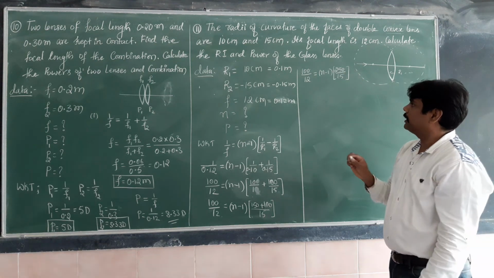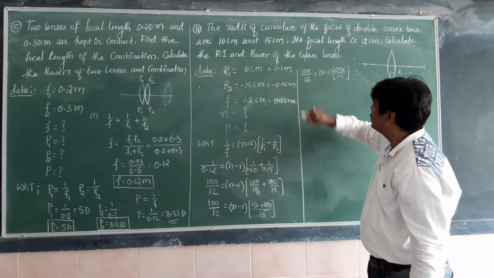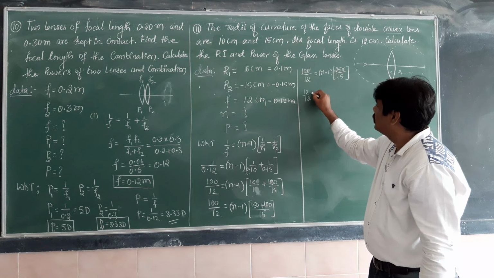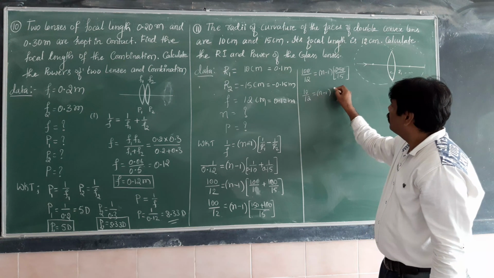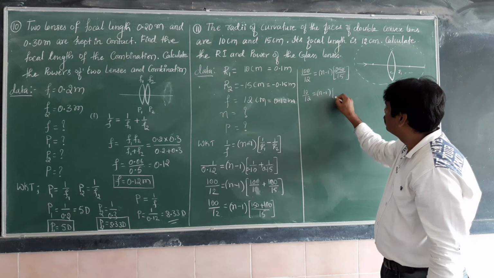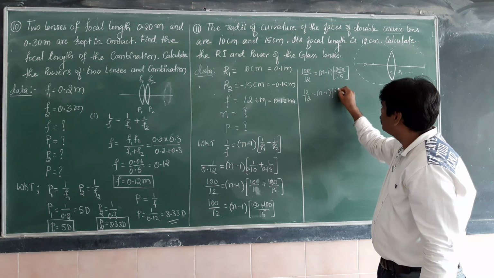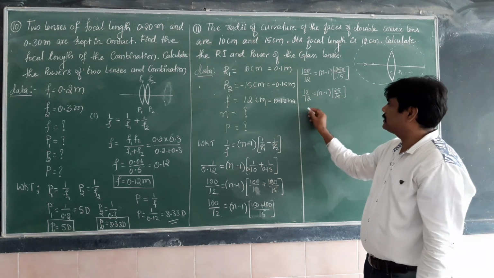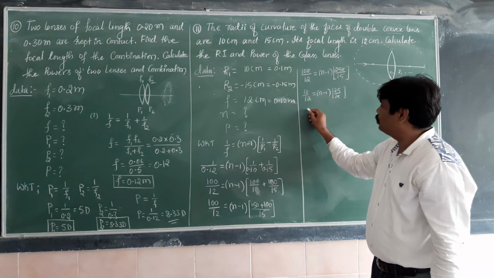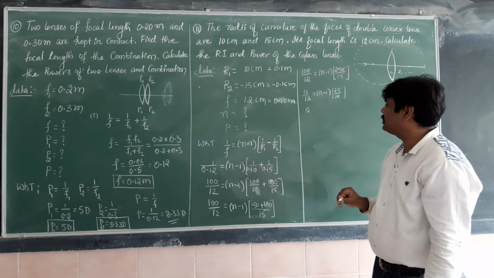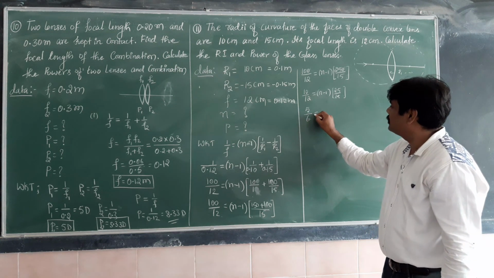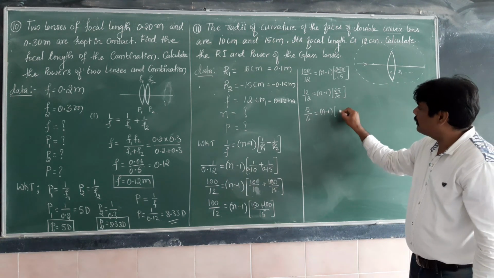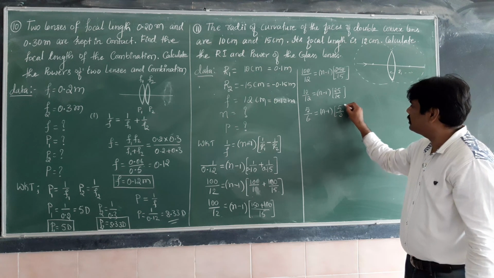Now it is easy to simplify. You cancel a 0 on the left hand side and right hand side. Now it is 10 divided by 12 is equal to n minus 1 of 25 by 15. Divide this number by 2: 5 twos are 10, 5 sixes are 30... that is, 10 by 12 is 5 by 6, which is equal to n minus 1 of 25 by 15, where 25 is 5 fives and 15 is 3 fives.